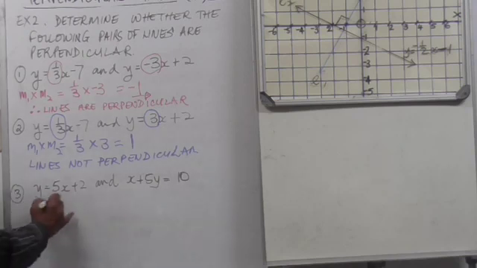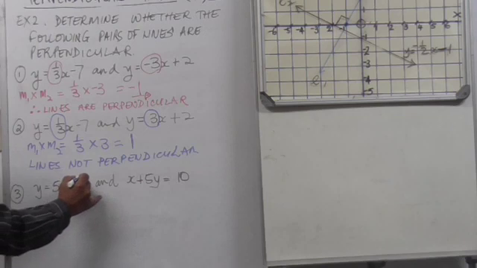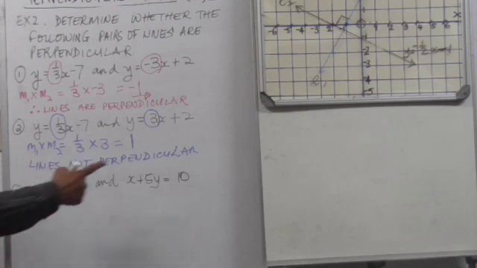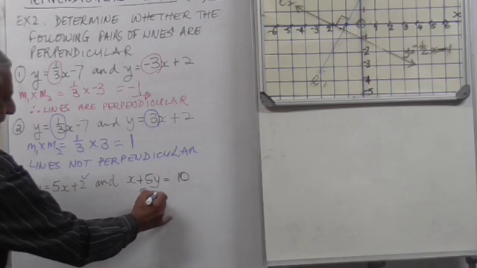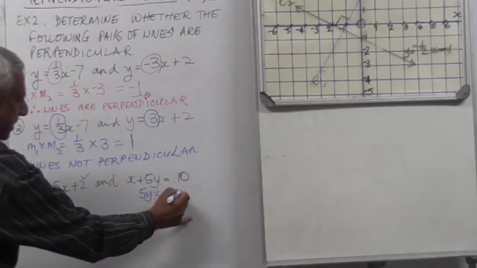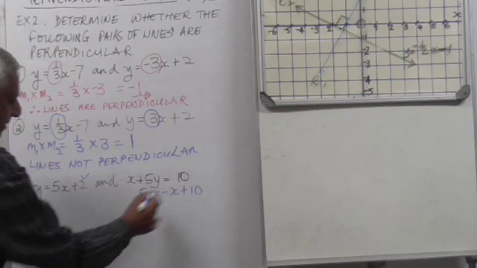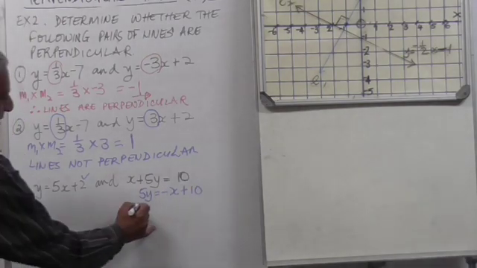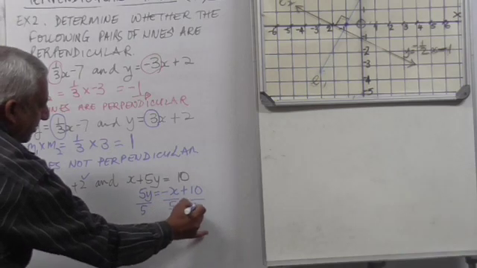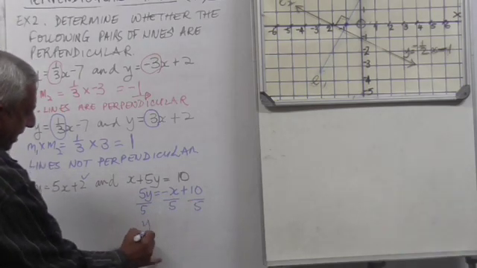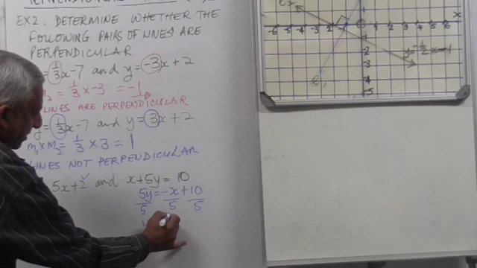Right, now we're doing number 3. This is in standard form, fine. So there's no problem with this. But this is not in standard form, so I have to bring it to standard form. So 5y is equal to -x plus 10. So I'm going to divide by 5, I'm going to divide by 5, I'm going to divide by 5. I'll end up with y is equal to